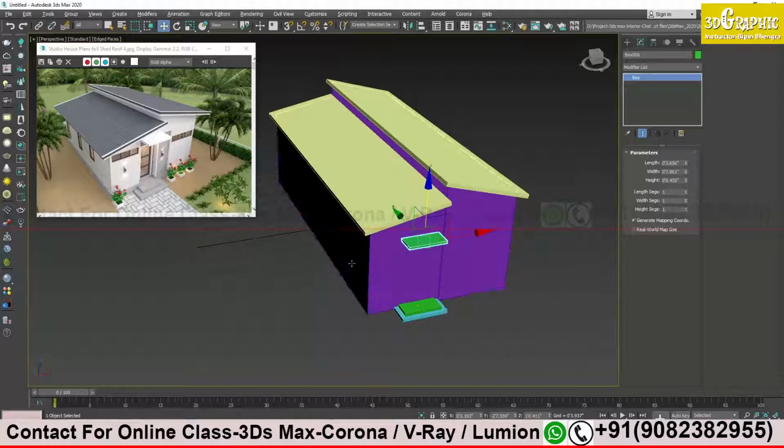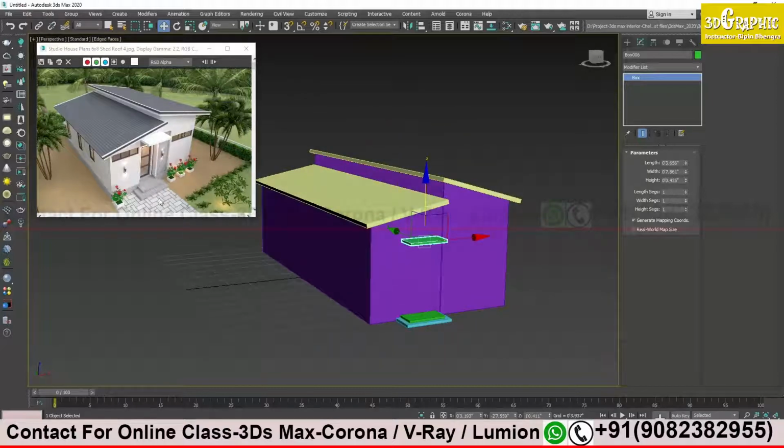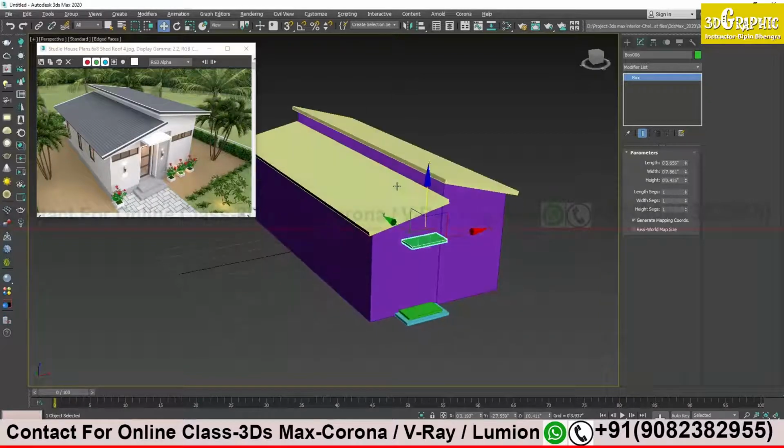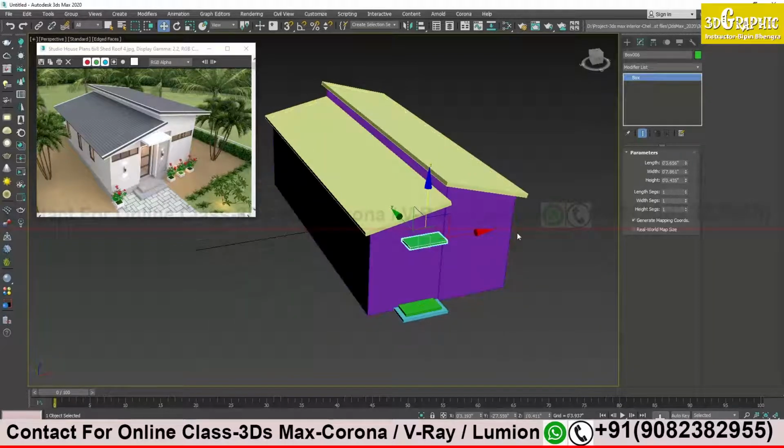Okay. Now, I am going to create the windows and doors. I have created these steps. I have created the roof. The wall is there. Okay. Now, try to create. There are 3 windows over here, and at the front also I have a window, and there is a door over here. There is some design also. Design we'll do later on. First deal with the windows.